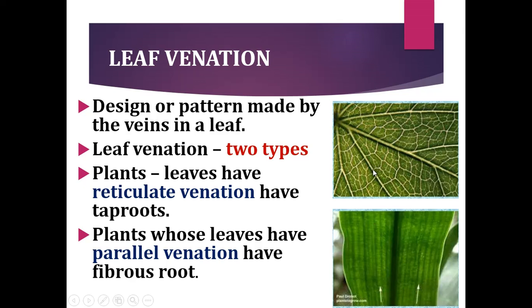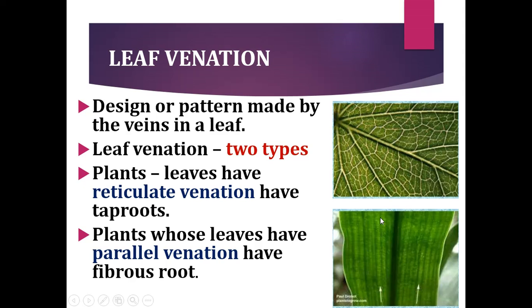Okay, so plants which have leaves with reticulate venation have taproots. So the plants whose leaves have reticulate venation have taproot. So in the previous video we have seen about the roots, types of roots. There are two types of roots. They are taproot and fibrous root, isn't it? So here the plants whose leaves have a reticulate venation will have taproots, and the plants whose leaves